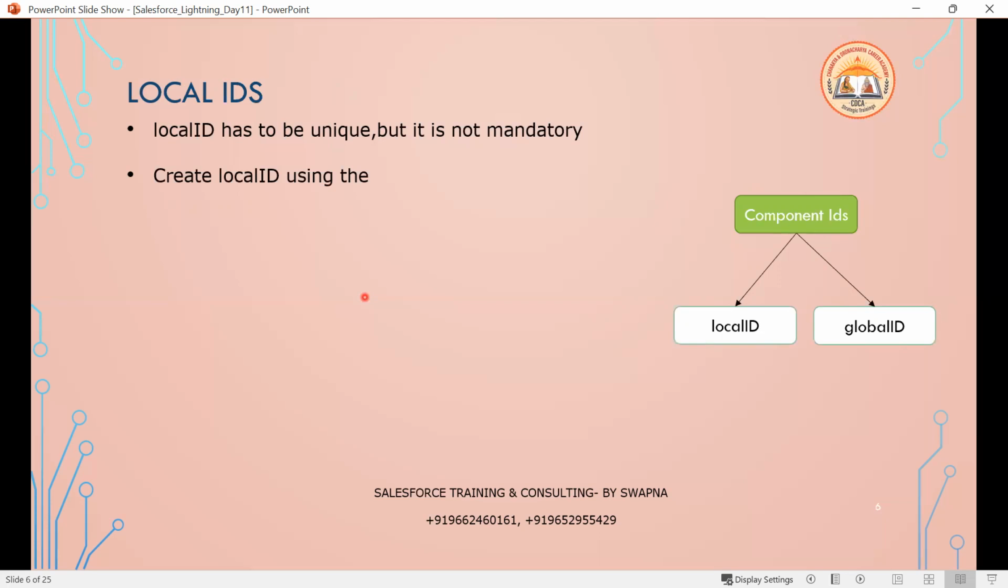Sometimes it is not mandatory that it has to be unique. For example, you have 3 input fields. What will happen if you have 3 input fields? It is possible that all 3 input fields have the same local ID. It is possible. Or else all 3 of them have a unique local ID. Sometimes it is the same, sometimes it is different, based on the requirement, how you are getting